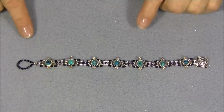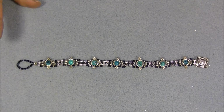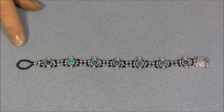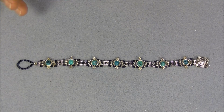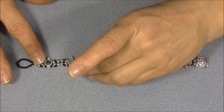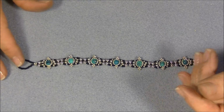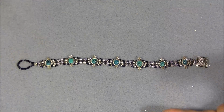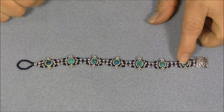Minute, I'm going to show you how to make this little Southwestern style bracelet. Of course, it doesn't have to be Southwestern style. What makes it feel more Southwestern is the coloring, or the color scheme that I used with this. The black, the silver, and the turquoise make it look more Southwestern. The style itself too can lend to that, but if you were to change the beads, if you used a